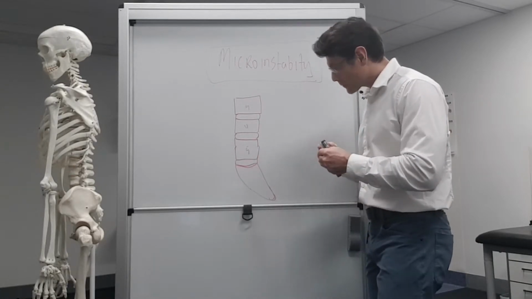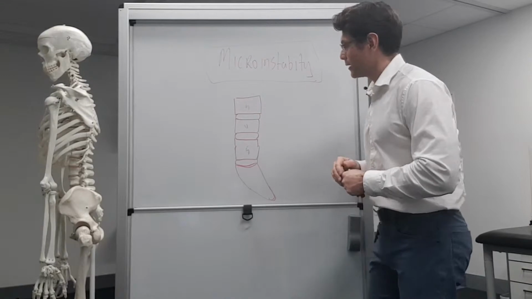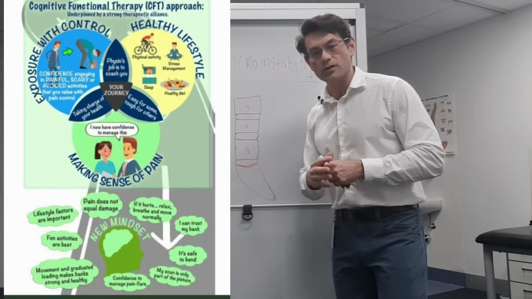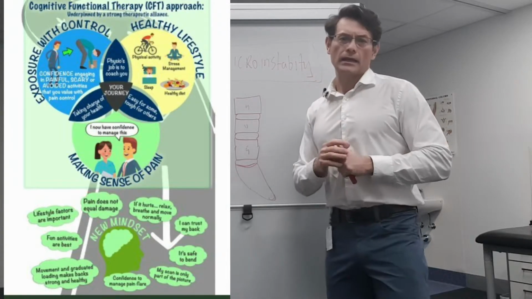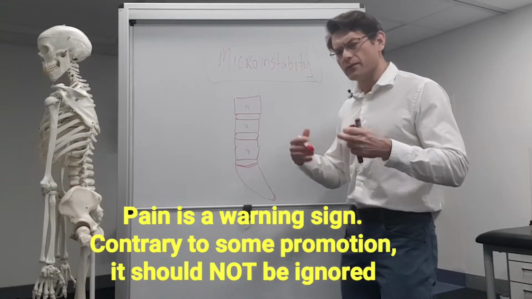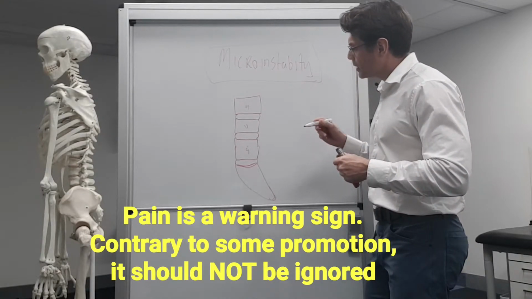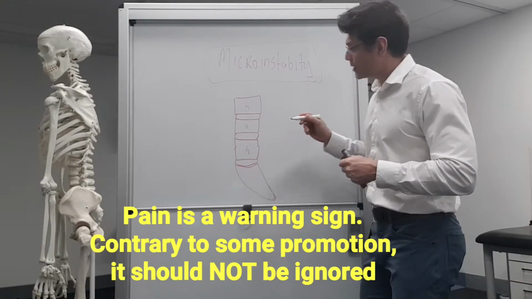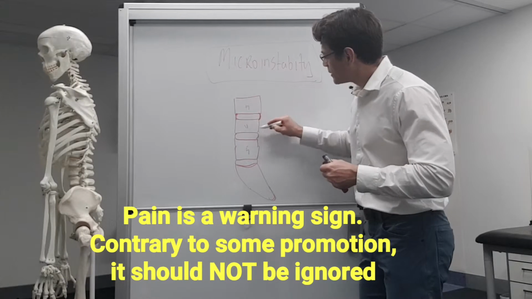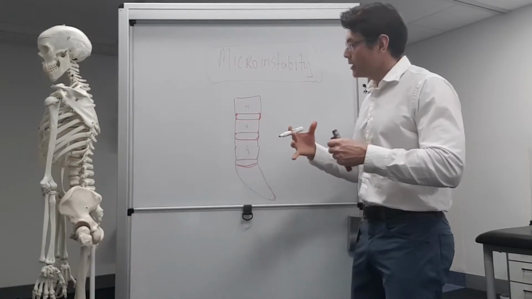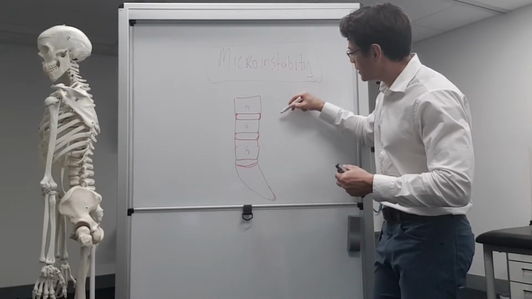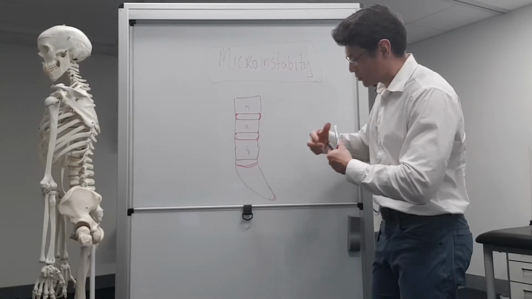lumbar spine. And the message that a lot of people are putting out there, that the spine is a very strong and robust structure and resilient and resistant to injury, is only partly correct. And what people are not putting out there in these sort of infographics and things like that is that the spine can very easily be injured if you damage these collagen fibers and soft tissues that live around the bony structures. So not only of the discs, but of the joints that are situated at the back of the spine